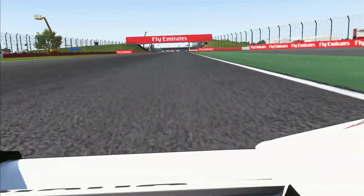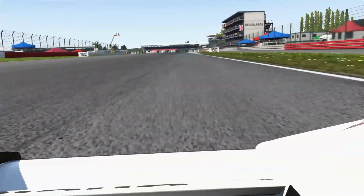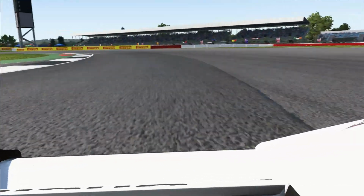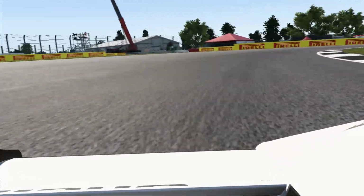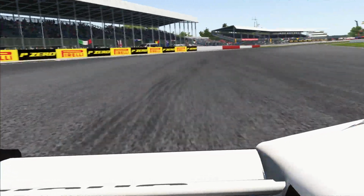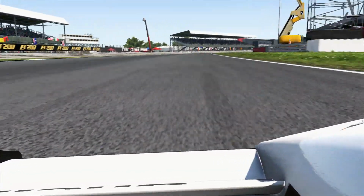This was a corner which we did struggle with in this car. You just lose the back end as you're trying to get the power down all the way down towards the Wellington Straight. You know, trying to maximize your straight line speed down that straight, and unfortunately just kicking out the back end, running it a little bit wide as well in towards Brooklands, but keeping it nice and tidy on the exit of Luffield. I like to sort of extend my line on the entrance into Luffield and then get a great exit, but once again losing the back end, as you can just see there as we're on board with the front wing,